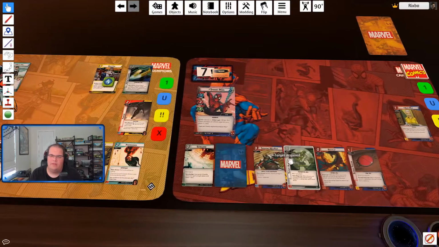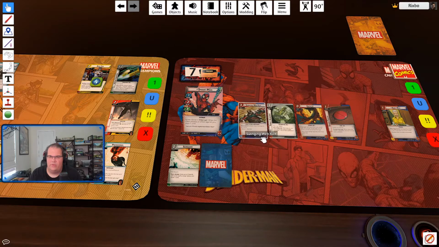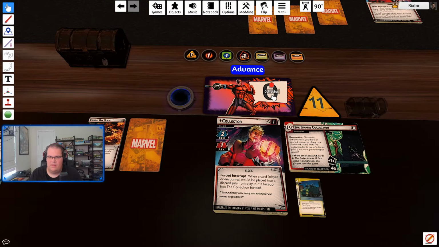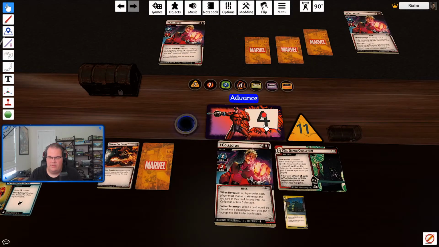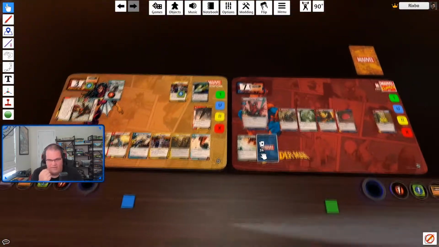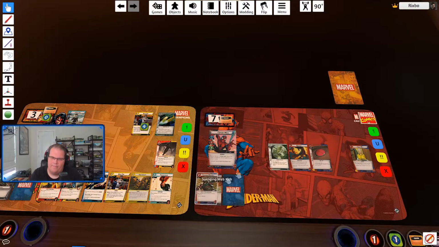Then I am going to use 1, 2, 3 to play Swing Web Kick. 8 damage. So that will advance him to stage 2. So he has 28 hit points now. And when revealed, each player must choose either take the top card face into the collection or take 3 damage. I am going to...